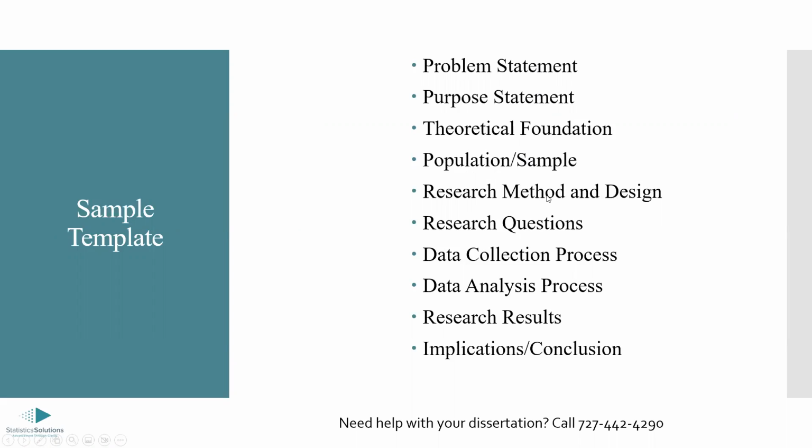Why did you select a research method that was quantitative? Why did you select a correlational or experimental design? What other considerations did you have? Did you consider a longitudinal design or a cross-sectional design? You want to have reasons for the things you decided, but then be able to justify why you didn't select